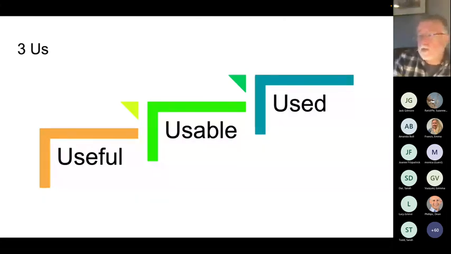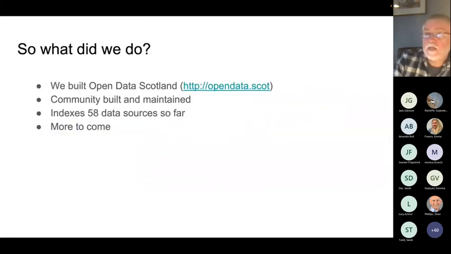But before we move on to that, I think there's one question, and that is around findability. We've heard about FAIR this morning, and in Scotland we have had a particular challenge around findability. The question, hypothetically, is: does findability fall under the usable or the used part of this three-stage model? Because in Scotland, we have campaigned for a long time to have a single open data portal for government data, and the Scottish Government have resisted that. And so to address that,